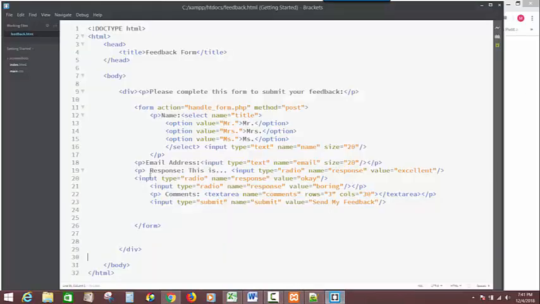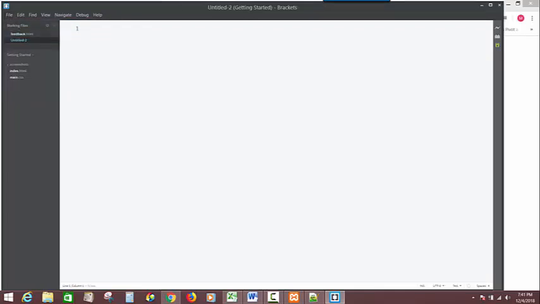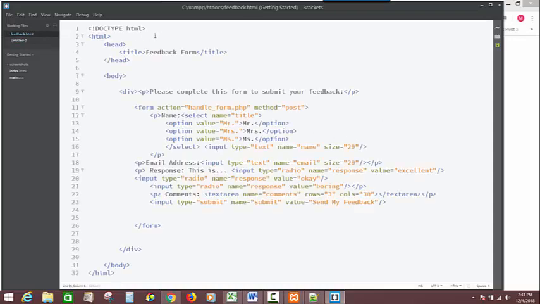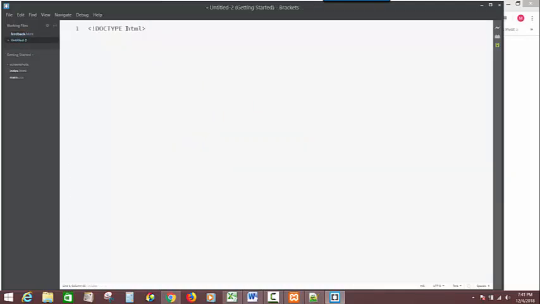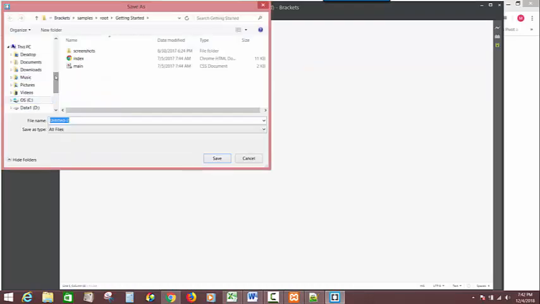Go ahead and open up your text editor or whatever you're using, and you're going to say File, New. This time, we are going to put that doctype in there again. So let me go back into my feedback form, copy it, and paste it. Now, this one is going to be saved differently. We're going to say File, Save As, and again, this is going to go